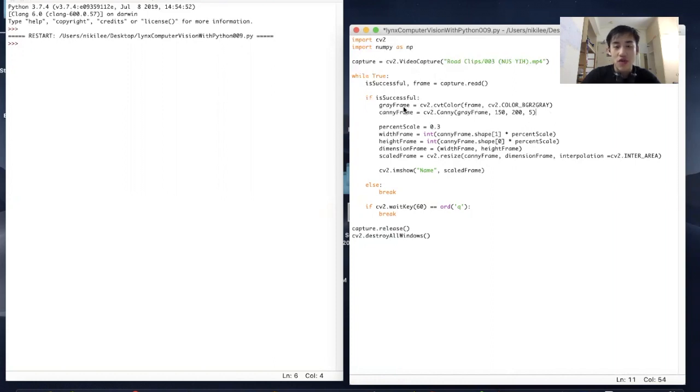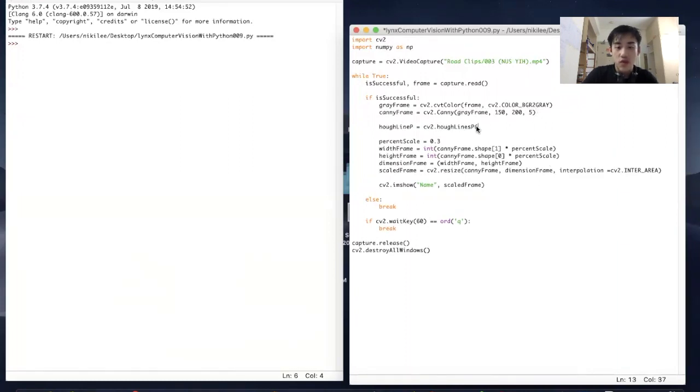As we know from the Canny frame over here, the Canny method will take in a frame. We'll use the grayscale frame, and then the first argument will be the lower bound threshold, this will be the upper bound threshold, and this will be the aperture size. For this method, we will use the Canny frame, and we'll pass in the value 1, and then the value of